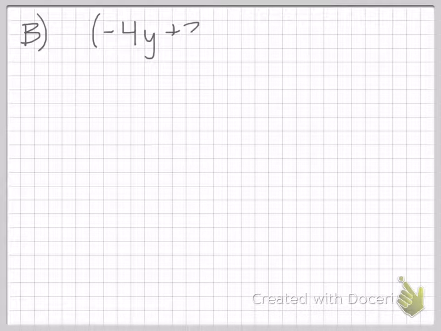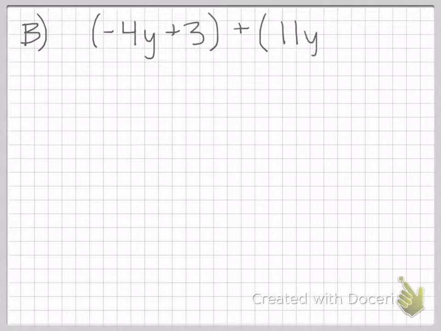Okay, so part B of example 1 is the horizontal method. So this is the one we are going to solve. It's negative 4y plus 3 plus 11y minus 5. Okay,